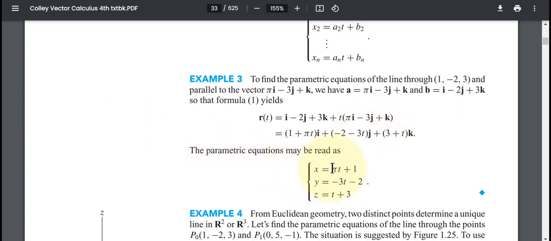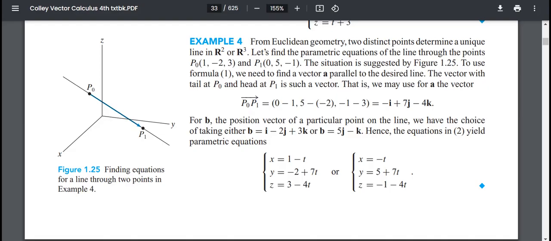So we're talking about 1 equals pi t plus 1, negative 2 equals this minus that, and 3 equals t plus 3. Okay, I don't want to do it because we'll have to solve for t. And I'm not sure if it's so easy to solve for t, so let's not do it. Okay, so now we have a methodology for finding vector equations of lines and also of getting the parametric